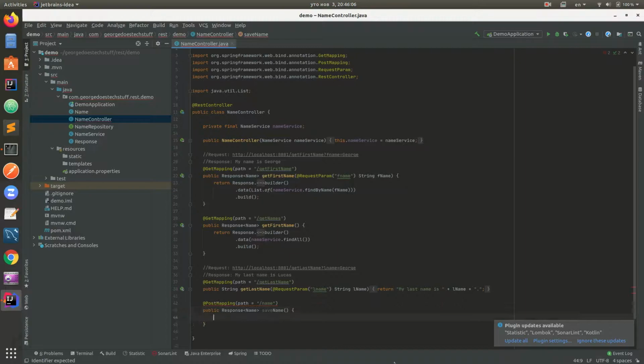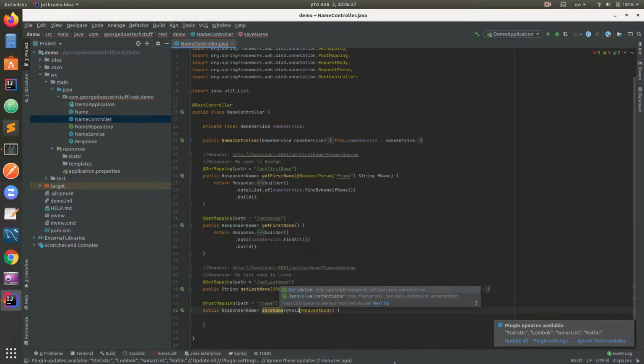Okay, so we are going to accept here a request body which we want to be validated, and that request body will be name,